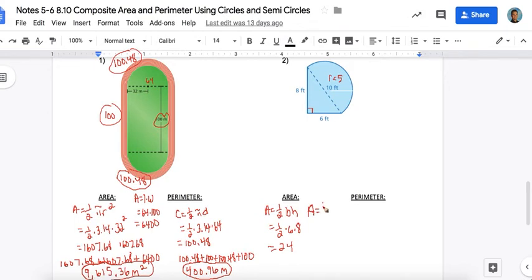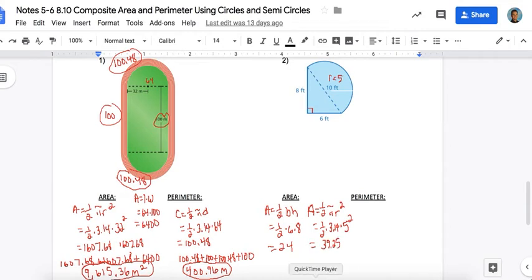Because it's a semicircle, I have to take 1/2 pi times radius squared. So we're going to do 1/2 times 3.14. And remember, the radius is 5, not 10, and I got a square. So when I calculate that out, I get